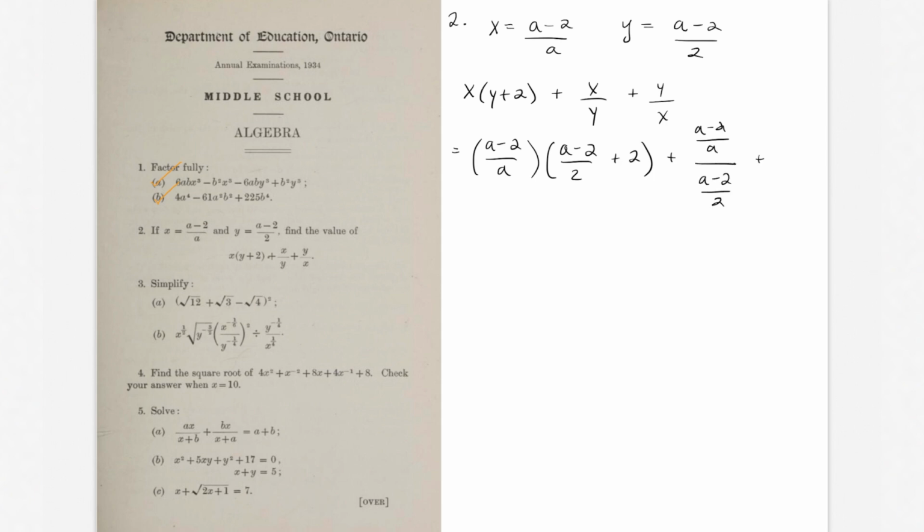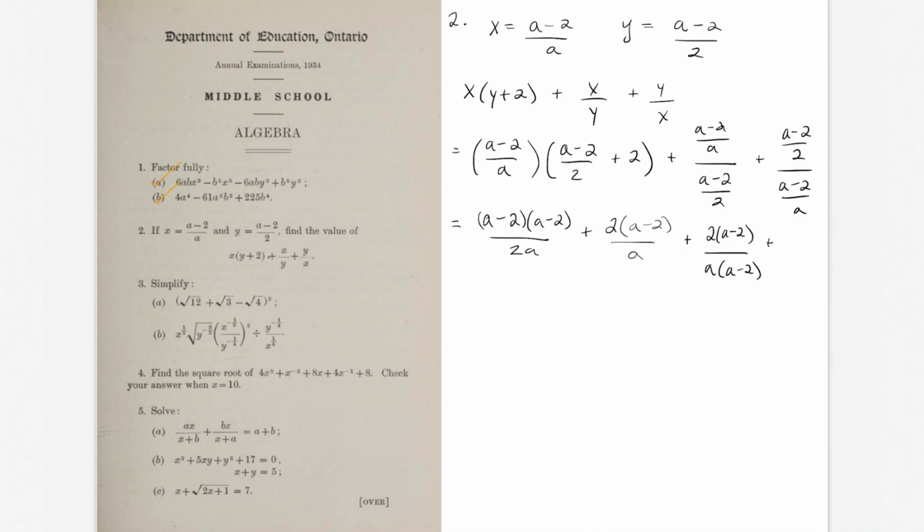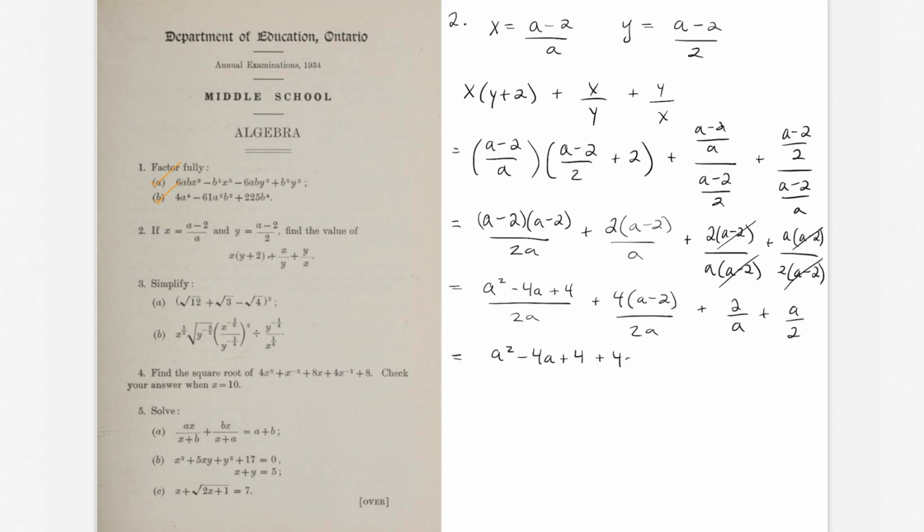All I needed to do was replace the x's with (a minus 2) divided by a, and replace the y's with (a minus 2) divided by 2. So most of the work was just simplifying this equation. And since I knew how to multiply and add fractions, it really wasn't that difficult. The hardest thing is just making sure you don't make a little mistake